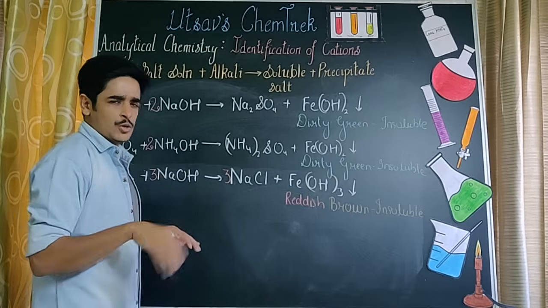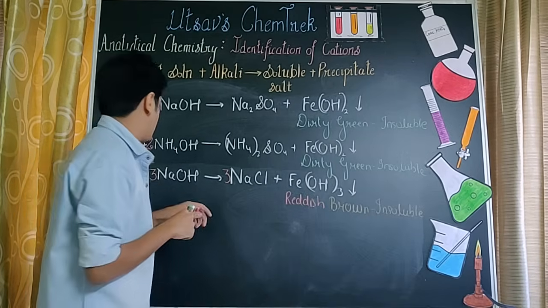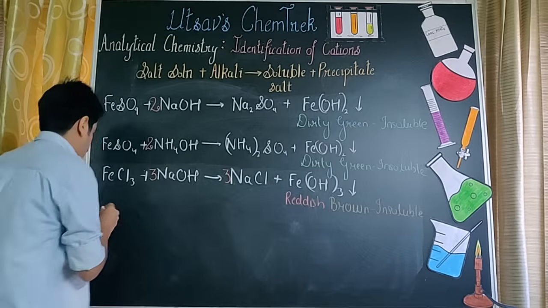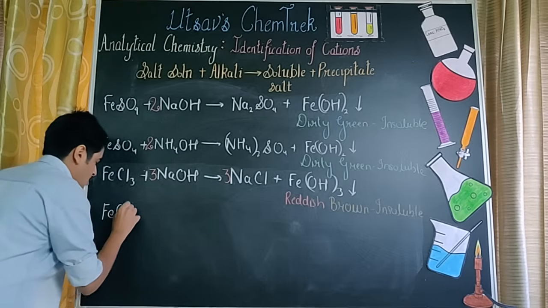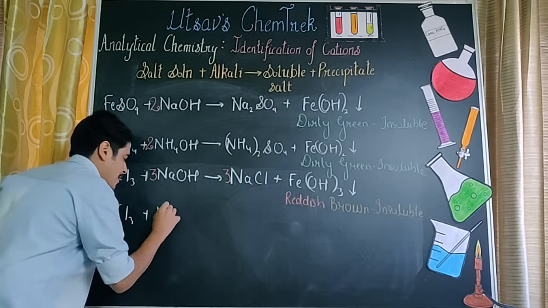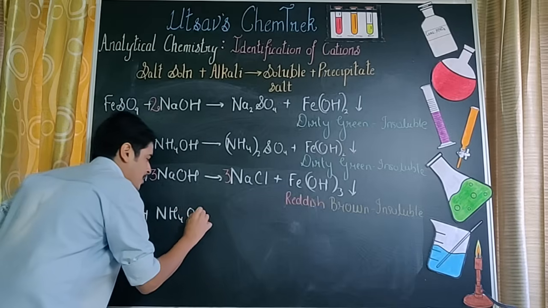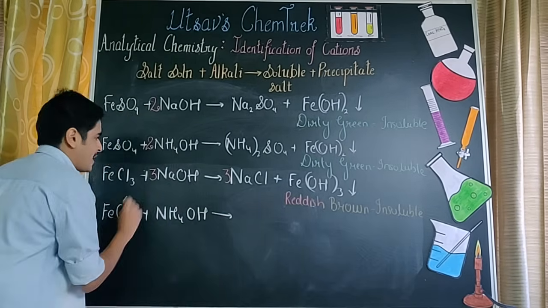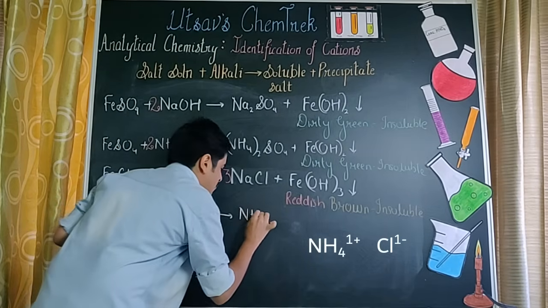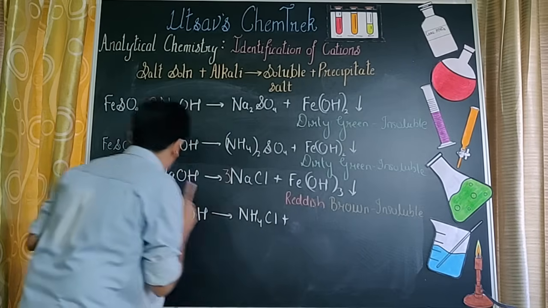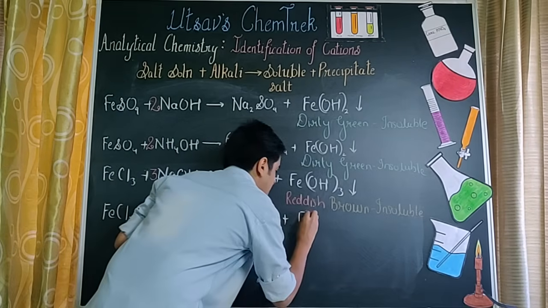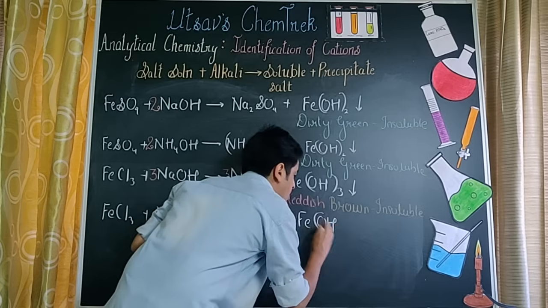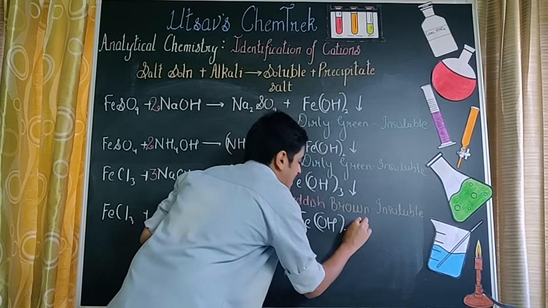Now the same reaction I can do with ammonium hydroxide also. ज़्यादा फर्क नहीं पड़ने वाला है. So let's again start with ferric chloride, that's FeCl3. सोडियम हाइड्रोक्साइड की जगह अमोनियम हाइड्रोक्साइड यानी कि NH4OH. NH4 गया Cl के साथ, मुझे मिला NH4Cl, और Fe गया OH के साथ. पर ध्यान रखेंगे FeOH the whole thrice because it's ferric hydroxide.